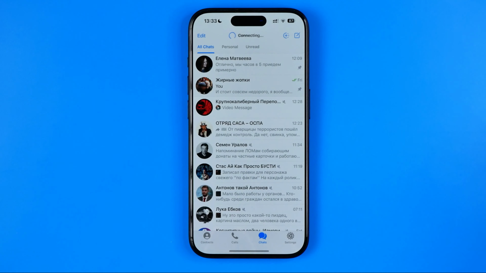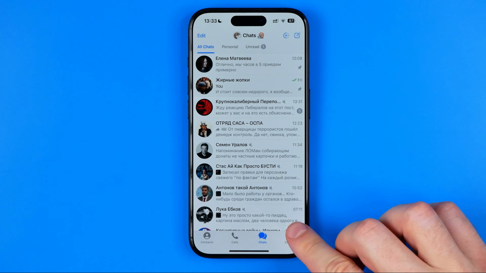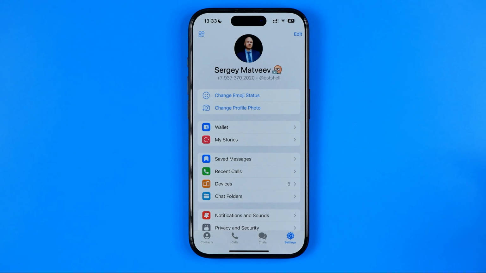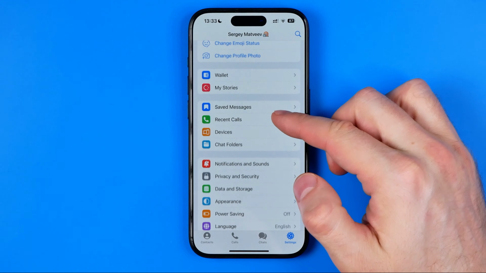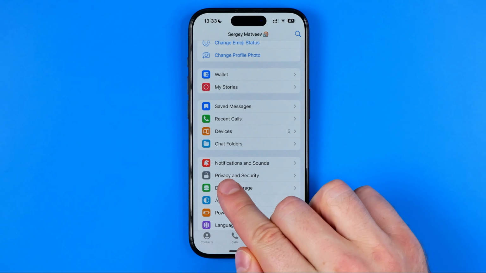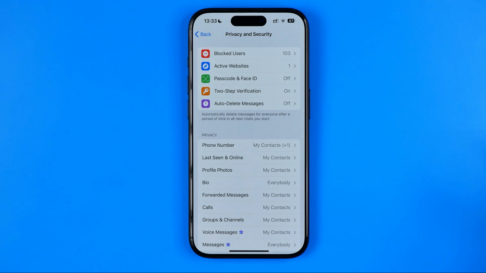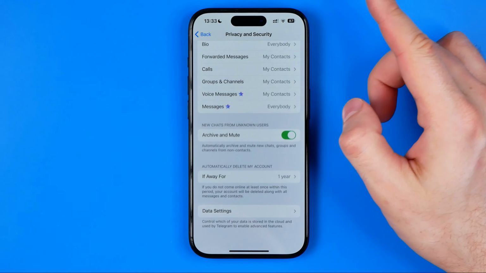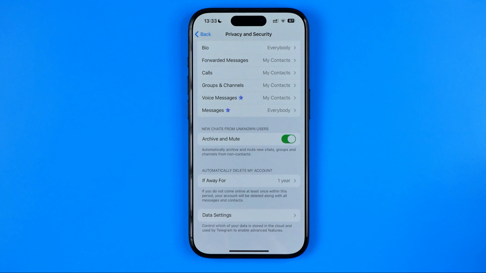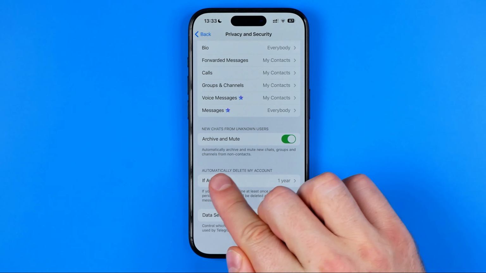Let's get started, guys, and first off, open up the Telegram app. Then head over to settings and then scroll down a bit until you find privacy and security. Once you get into privacy and security, just scroll down to the very bottom where you will find